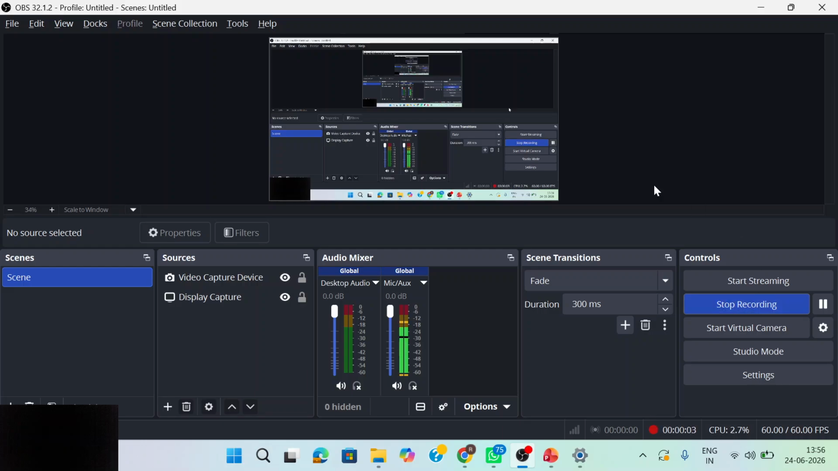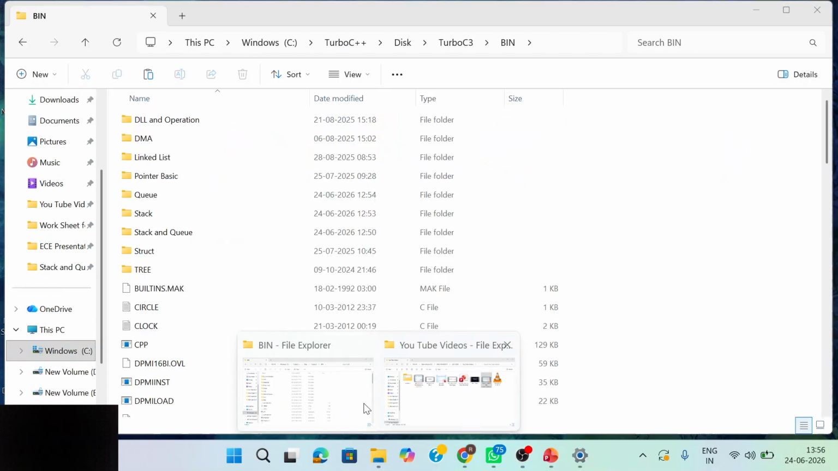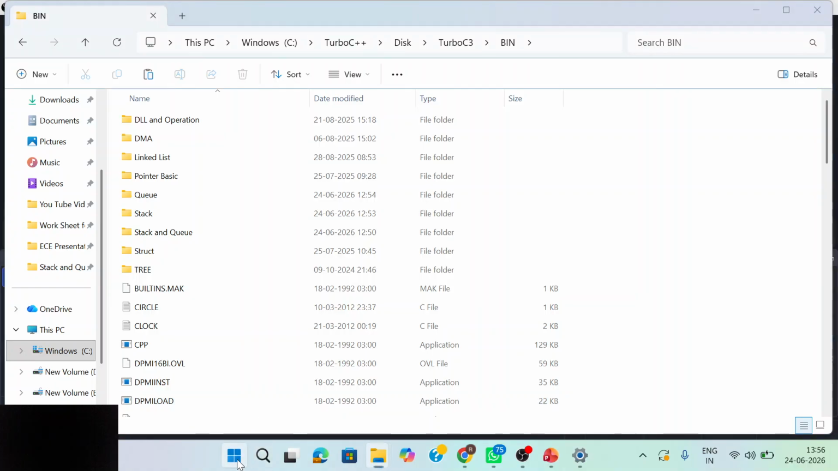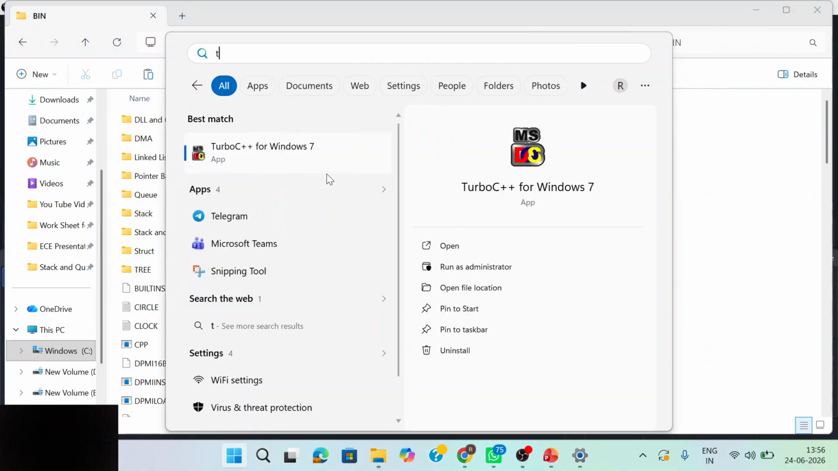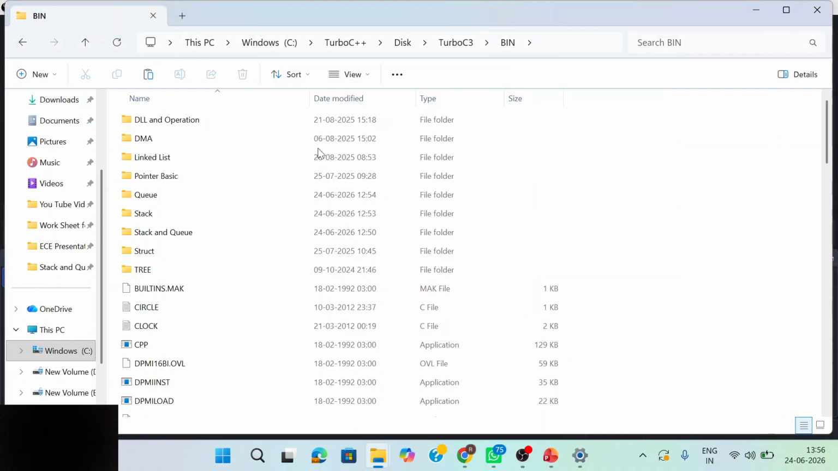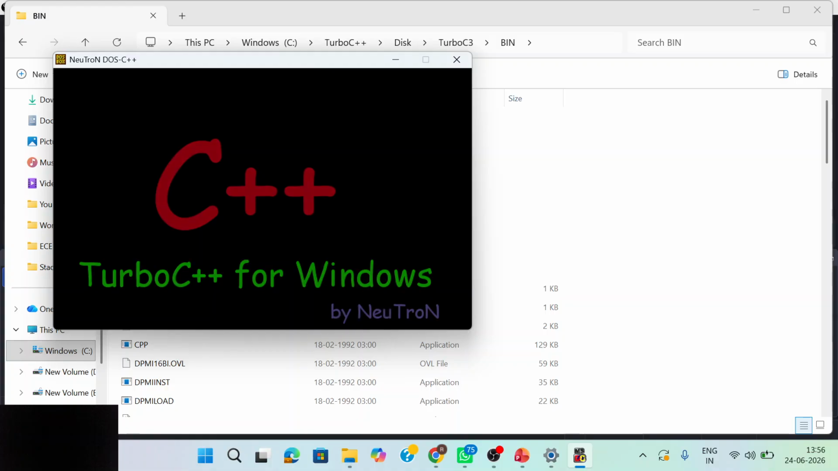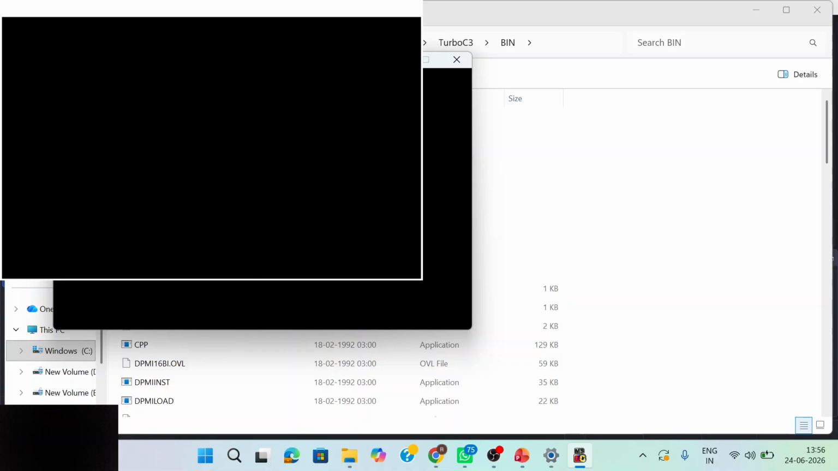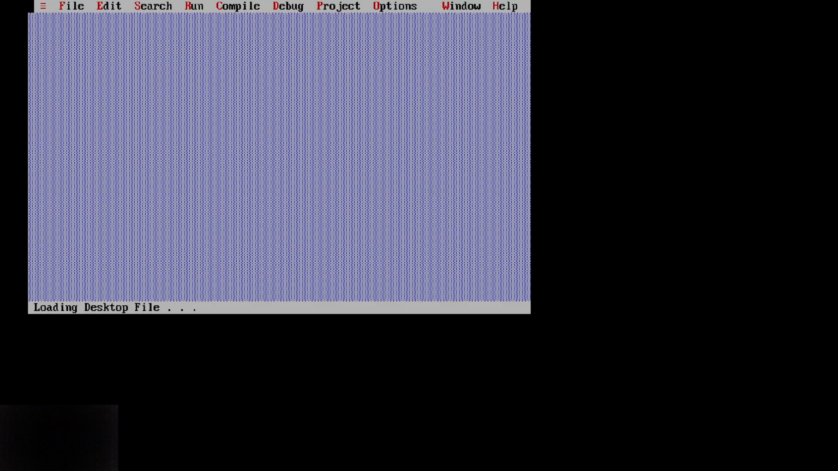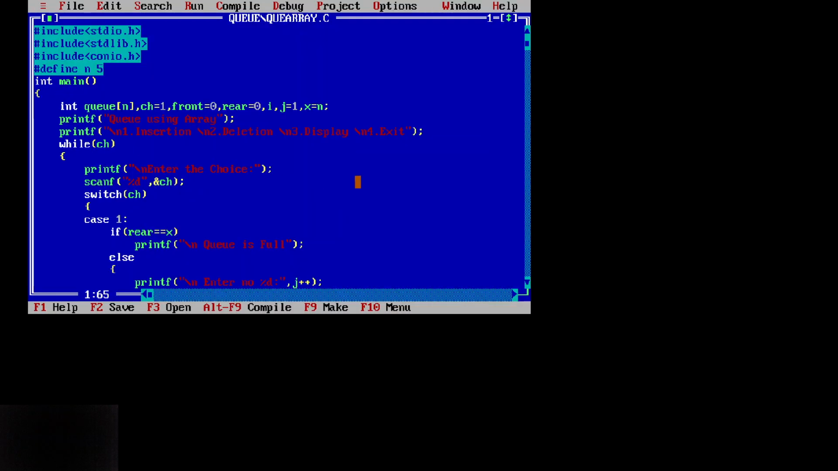And next we will discuss the topic: queue implementation using the array concept. We will use the Turbo C compiler to see the discussion about the queue implementation. You can see this is the